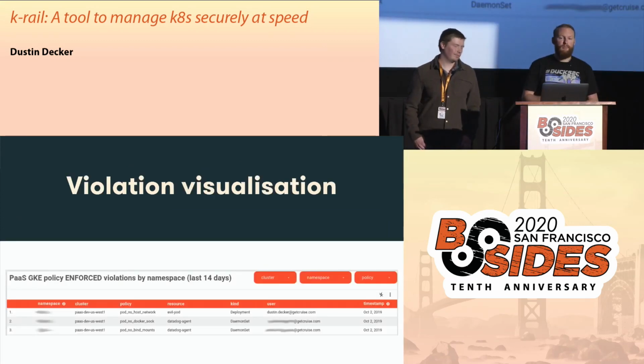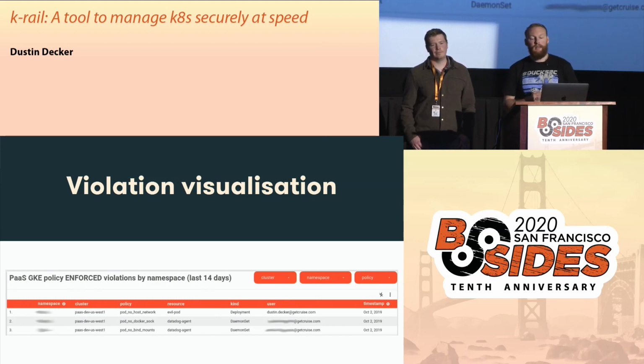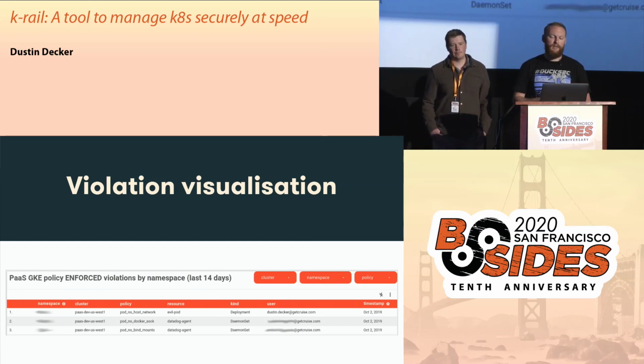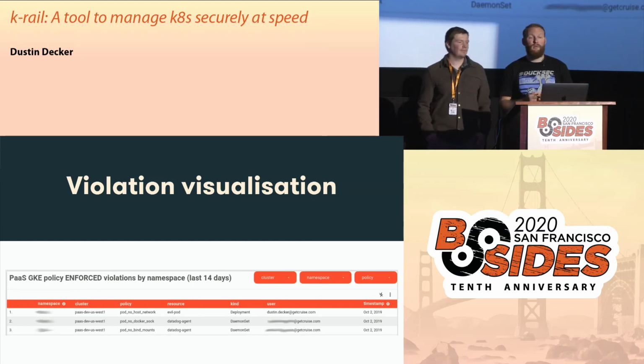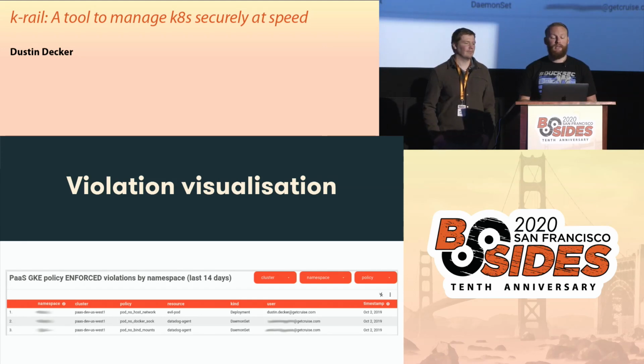Then once we put in place the enforcement mode, we also provide another dashboard for violations themselves. And so it really only took us about a week to roll out enforcement across all of our production clusters after running in monitor mode and proactively putting in those exemptions, with effectively zero impact on engineering productivity, which was pretty awesome.